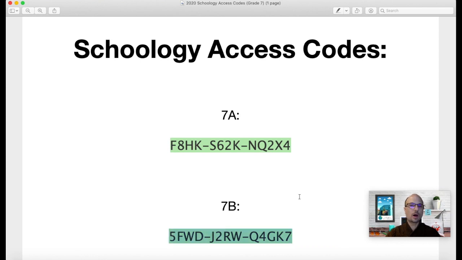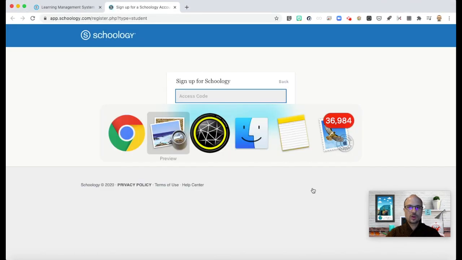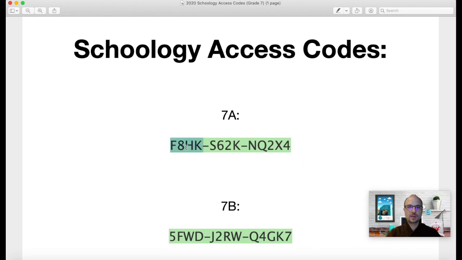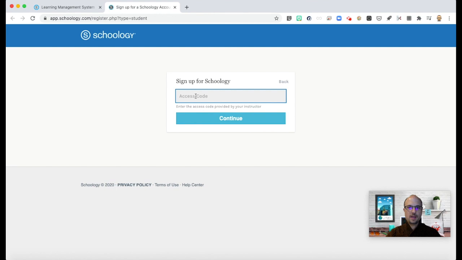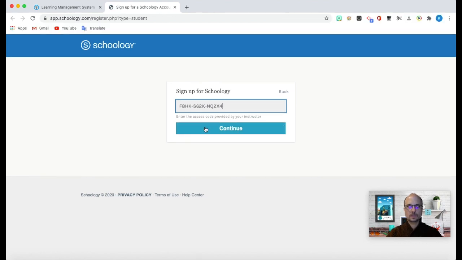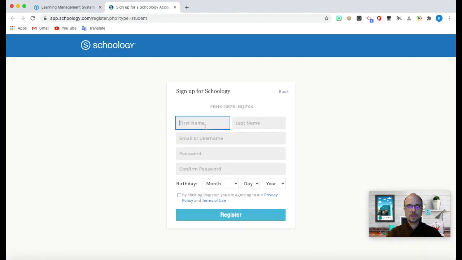You guys can pause the video if you need time to copy it in. I may also post this in Google Classroom as well for each class. So there may be a copy of the code in Google Classroom. So if we go back to here, first we have to copy the code. And if we go back to here and we paste the code in, click continue,